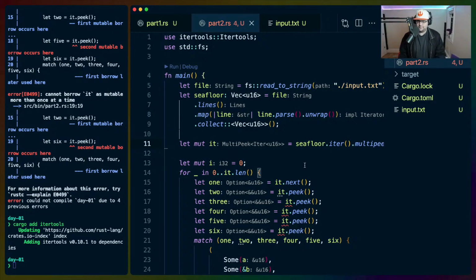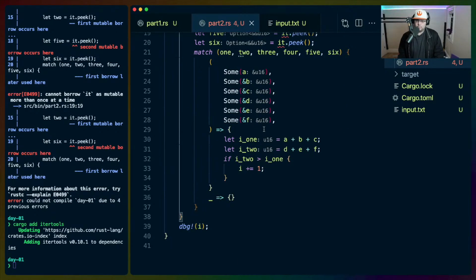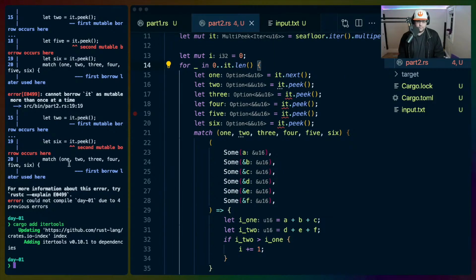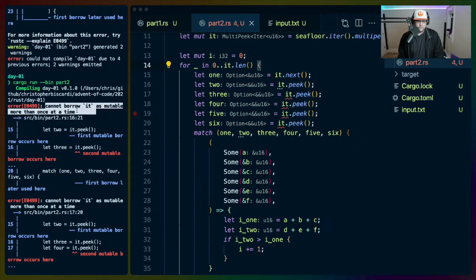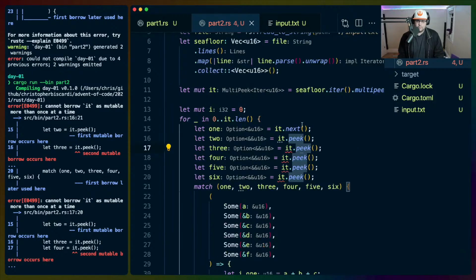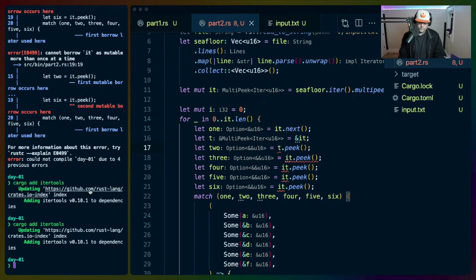Yeah, that changes nothing. Oops, that's not what I meant to do.